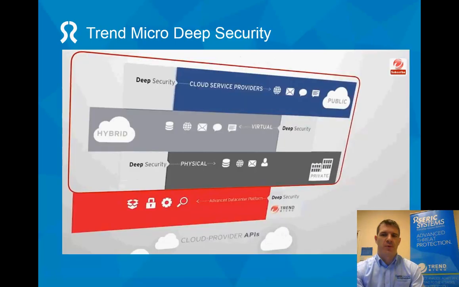So next, this is just saying that the Deep Security software can handle physical things in your site. It can handle a hybrid cloud and a public cloud, and it's the same piece of software. So the same way that they've got APIs to talk to VMware, they've also got APIs to talk to the likes of Amazon Cloud. So what does this mean? It means by putting in this sort of security solution that you are in a position to be able to move to the cloud as and when required,